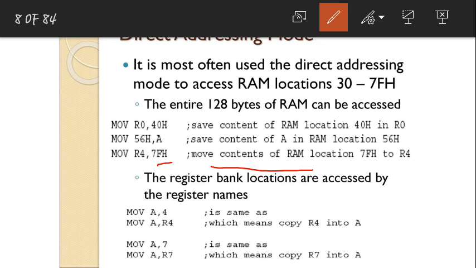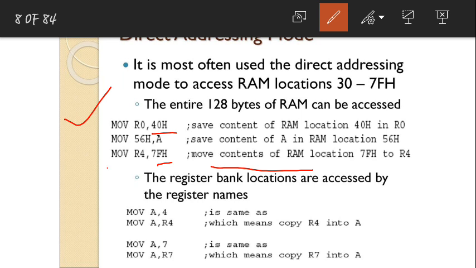Is that fine? Between this and immediate addressing mode, there is no need for confusion, because in immediate addressing mode you will have a pound symbol, which is considered a constant value to be loaded into some register. If you write a pound symbol, that value itself will be loaded into the register or some memory location. But in this case, I am writing an address. If there is no pound symbol, that means it is an address, some location where the value is present. So that value should be loaded into the so and so register.